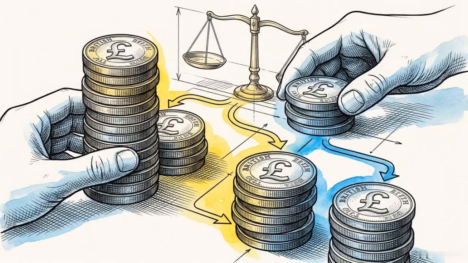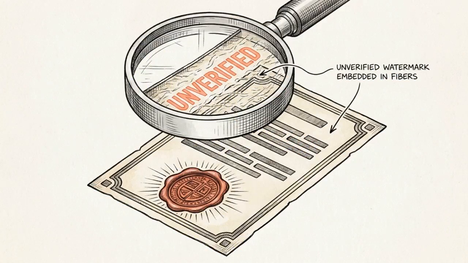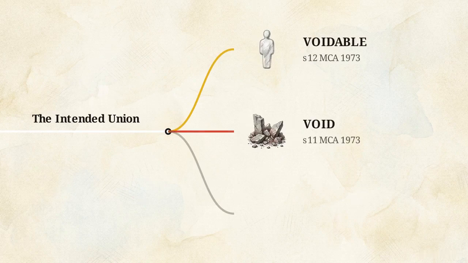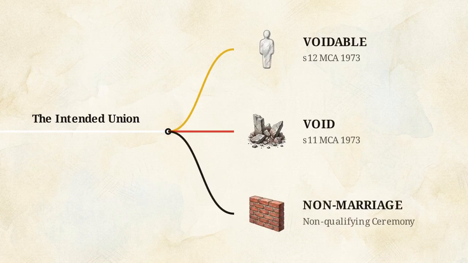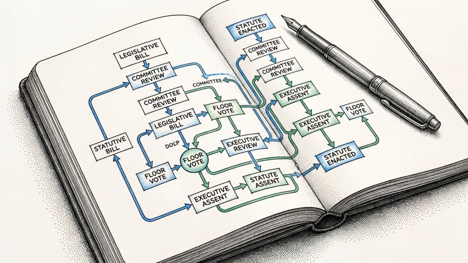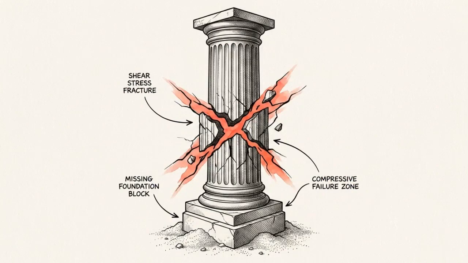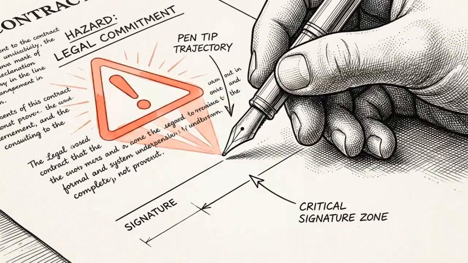Long before a lawyer addresses the division of assets, they must first verify if a legal union was established in the eyes of the law. A defective marriage falls into a highly specific spectrum of failure. A union might be legally classified as voidable, void, or categorized entirely as a non-marriage. We are going to map the exact mechanics of valid formation and dissect the financial paradox of the legally invisible void marriage. Assuming a ceremony equates to a valid marriage without verifying the legal architecture is the most dangerous error a family law practitioner can make.